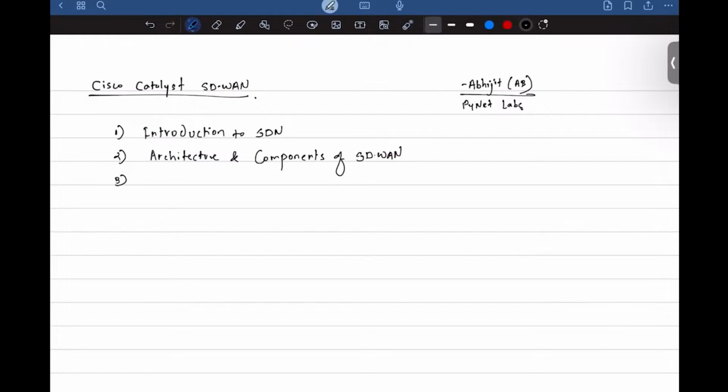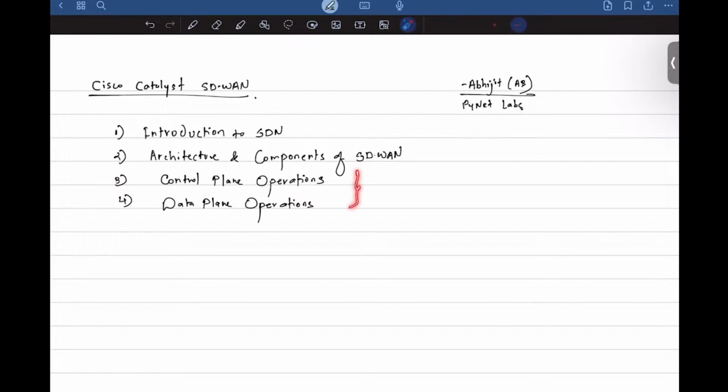Post that, we would speak about a couple of very important topics. That's basically the control plane operations, and we would also be speaking about data plane operations. So both of these topics are quite important because one of the topics will let you know about how OMP works.